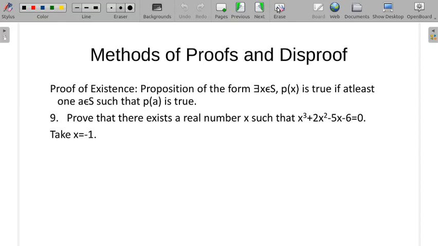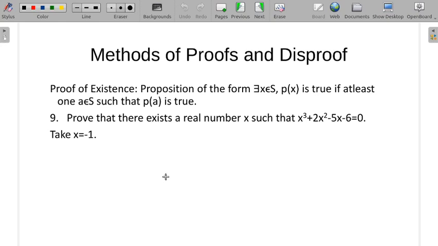If we take an example of a set of mangoes, we propose that at least one mango is sweet. So we taste all the mangoes and point out that one particular mango is sweet. So there is a proof of existence that at least one mango is sweet. For a given proposition, you give at least one example such that the proposition is true, so that gives a proof of existence.